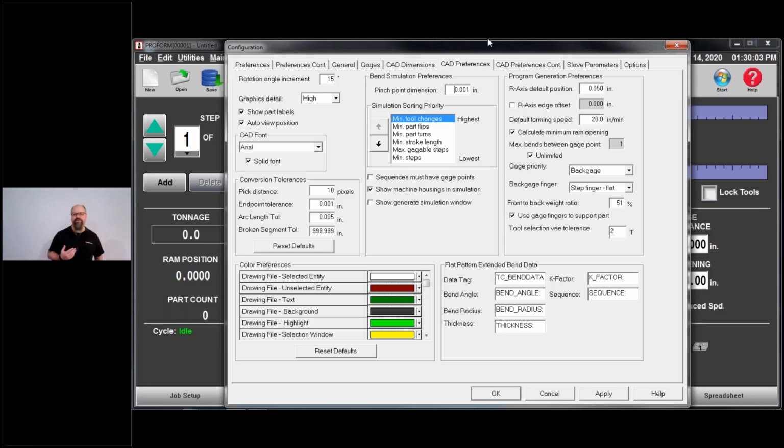Well, that's only going to be an issue if I have multiple die sets. So I have one die set here, I have another die set here. There's 7 bends in my part. 3 bends happen here and 4 bends happen over here. But the way we do the part, we do bend 1, bend 2, bend 3, bend 4, bend 5, bend 6, bend 7. So we see that that part has been split over 2 different sets of tools.